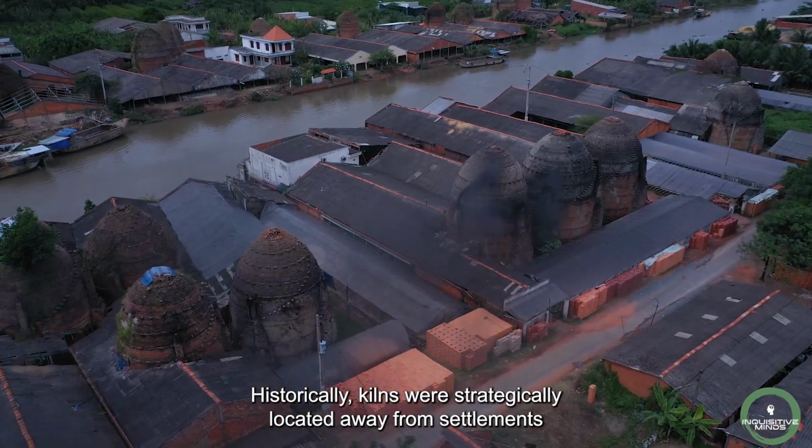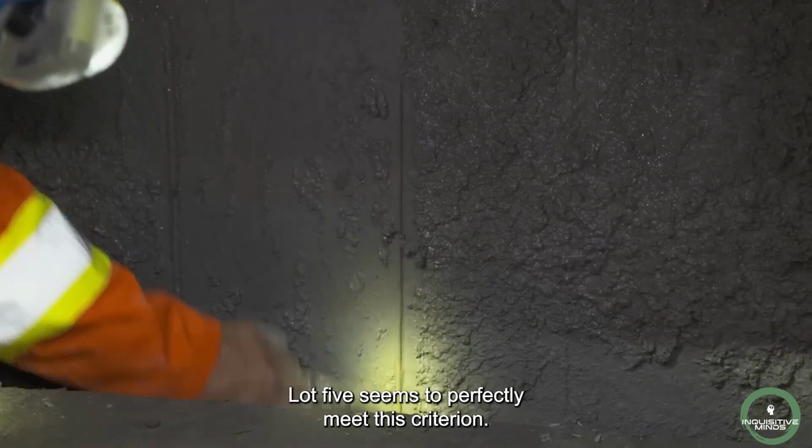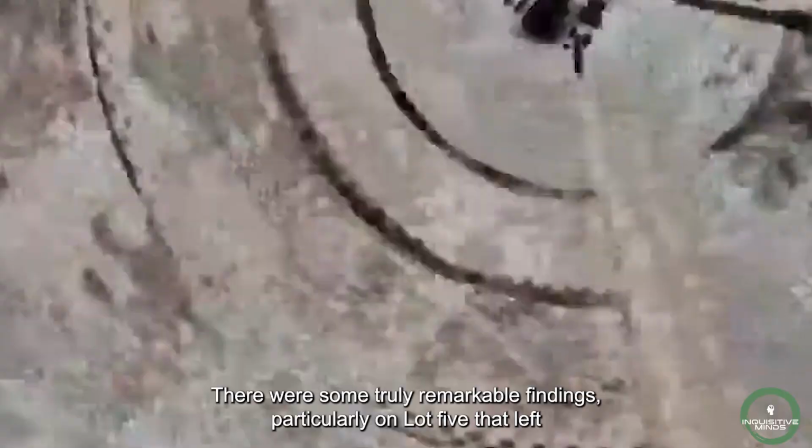Historically, kilns were strategically located away from settlements to avoid smoke disturbances. Lot 5 seems to perfectly meet this criterion, adding another intriguing element to its significance. It's incredible to think that we've completed 10 seasons of the TV show The Curse of Oak Island. In the most recent season, there were some truly remarkable findings, particularly on Lot 5, that left us thrilled and